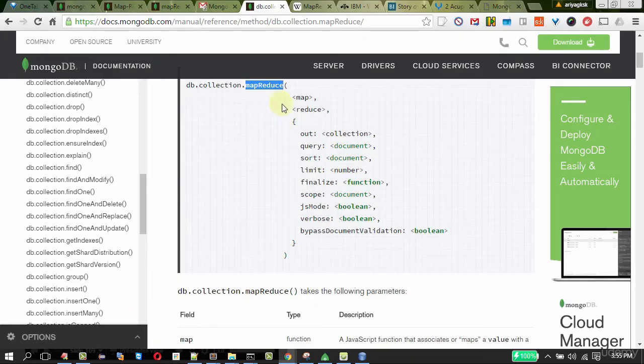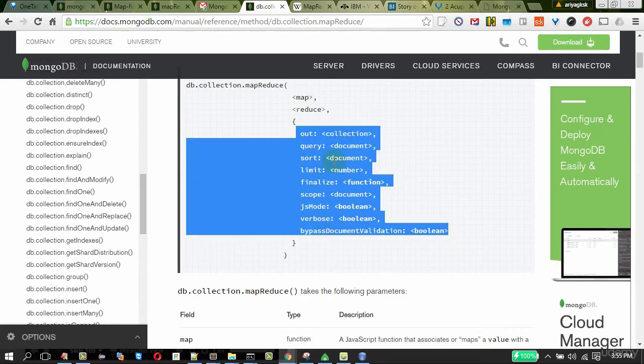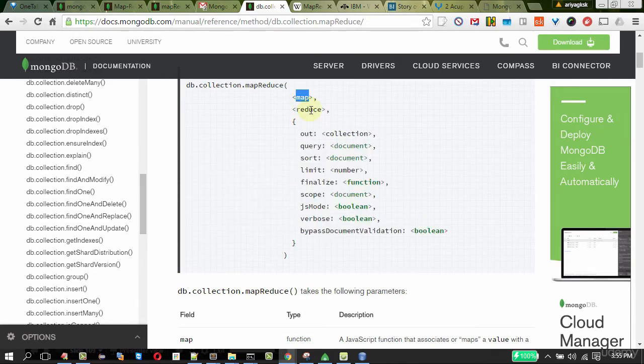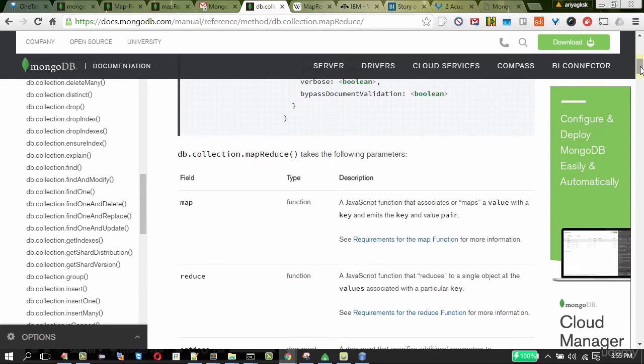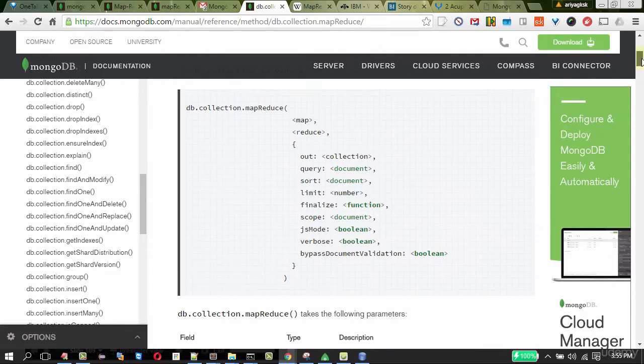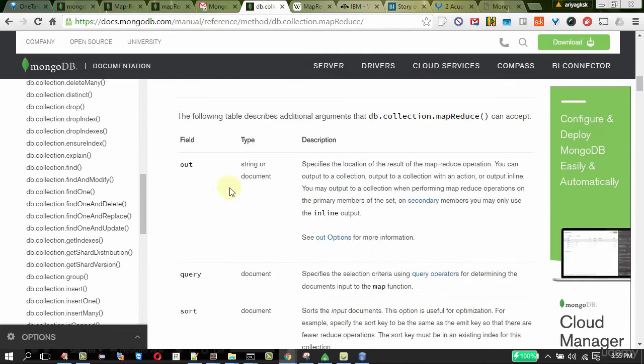Before proceeding further, let us check the method API. The method takes two mandatory parameters, that is map and reduce, and in the optional ones we have other fields. Map is a JavaScript function, reduce is a JavaScript function. Then we'll be using out for this example. Let us see the description of out.